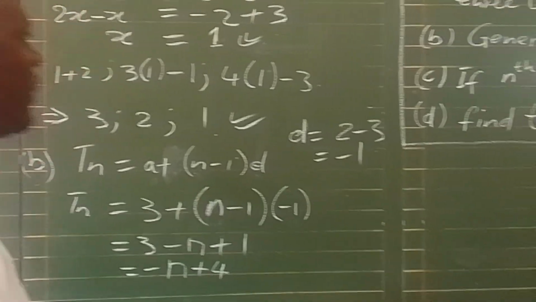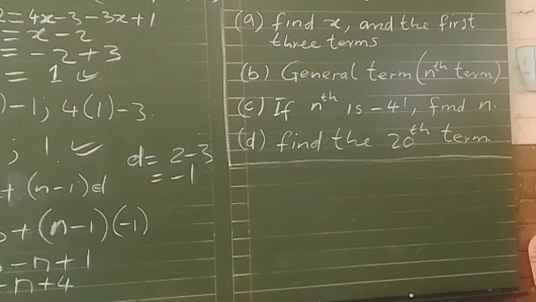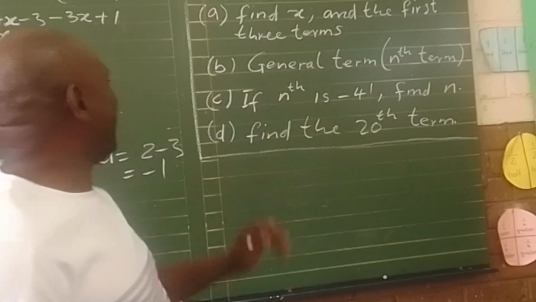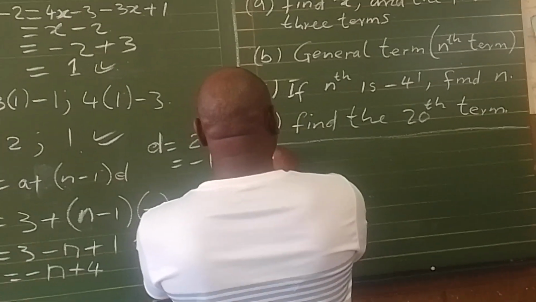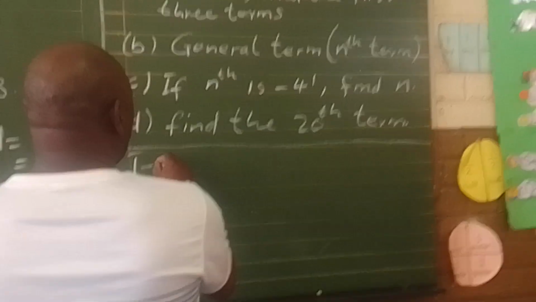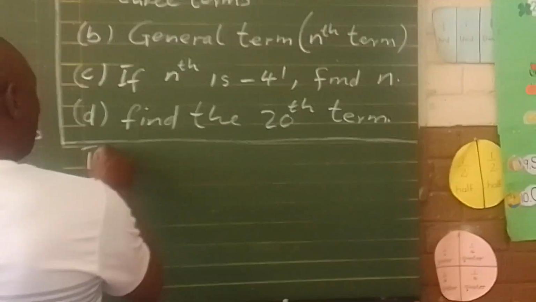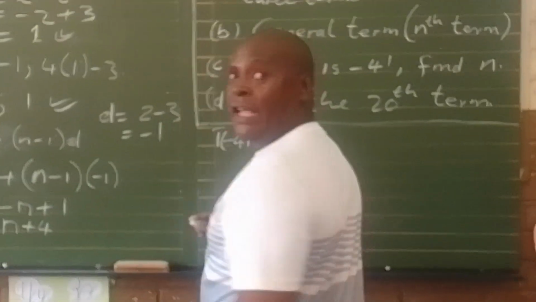Come to C. C wants us to find n if the nth term is minus 41. So they say that T of n, minus 41, is equal to a